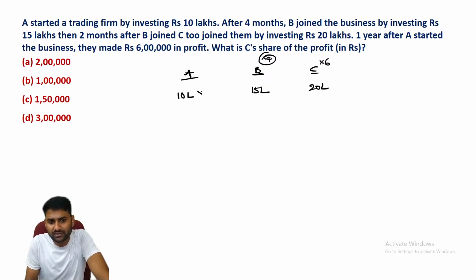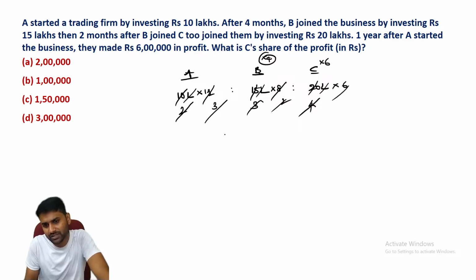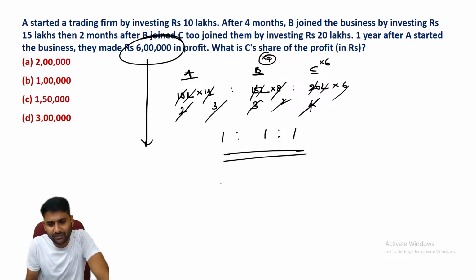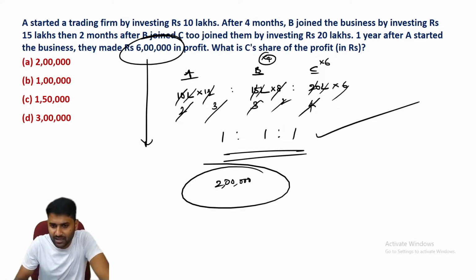Now at the end of 1 year, A was there for 12 months, B was there for 8 months, and C was there for 6 months. For the calculation, 5 4 times, 5 3 times, 5 2 times. Again, 4 2 times, 4 3 times. Again, 3 2s are 6, 3 2s are 6. See, whatever the profits they have, they have to divide it equally. So the total profit is 6,000. If 6,000 is divided equally, then each person gets exactly 2 lakhs. Thus, here the total profit is divided equally. Another question, what is the C share? C share is exactly equal to